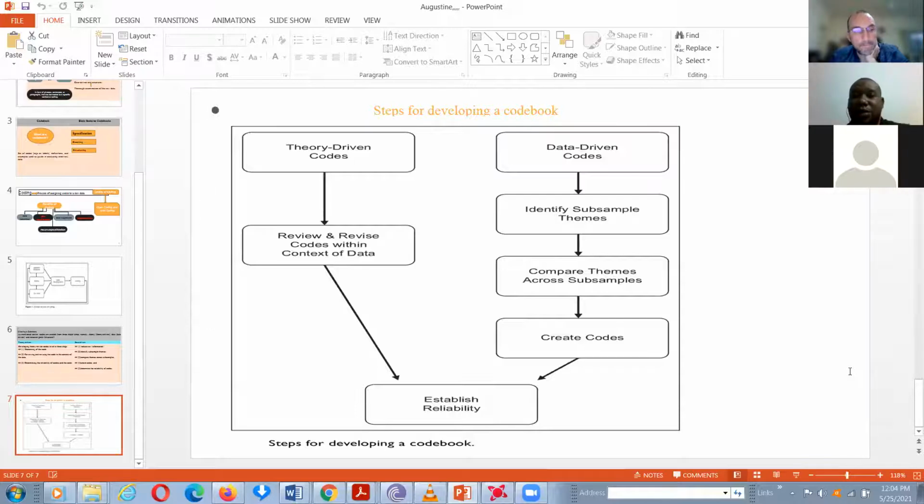Then also, when it comes to data-driven codes, you have to identify the